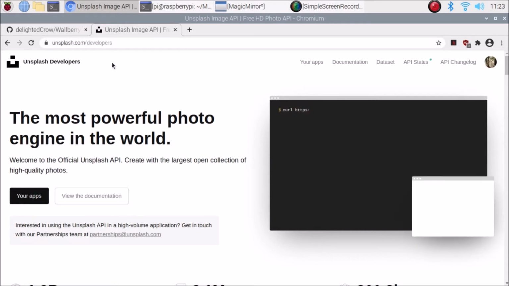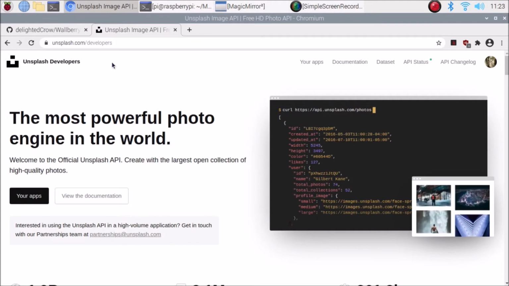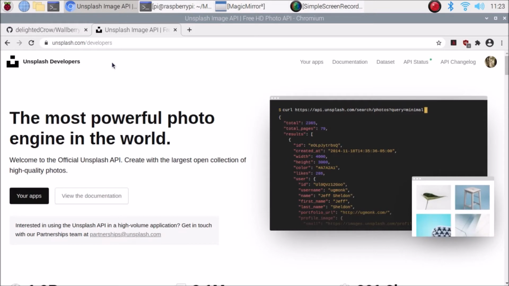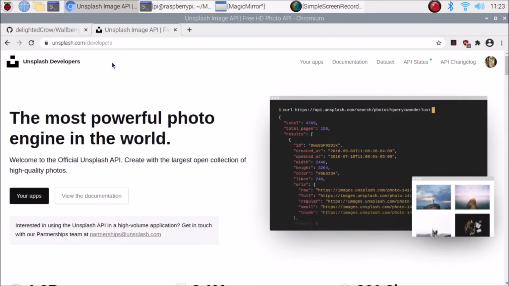Then simply you need to create your new account with your Gmail ID, and then they will send you the verification link, and you need to click on the verification link, then of course verify your account. That's it, then log in to your account. Then friends, what we want to do is create the application here. So simply we are going to create a new application.